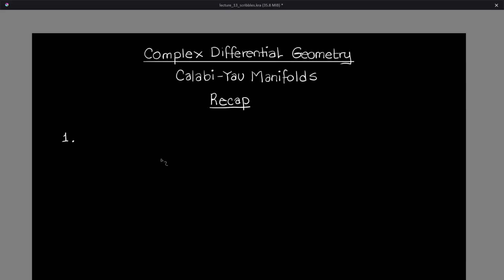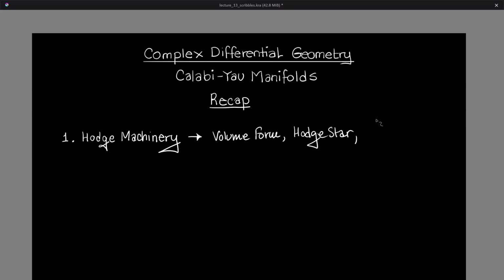We looked at the Hodge theorem, and in order to do the Hodge theorem, we set up all this Hodge machinery. I'm just going to call all of it Hodge machinery in one overall category. So we have things like volume forms, both real and complex volume forms. We had the Hodge star operator. We had Hodge inner products. And then we used that to define the Laplacian